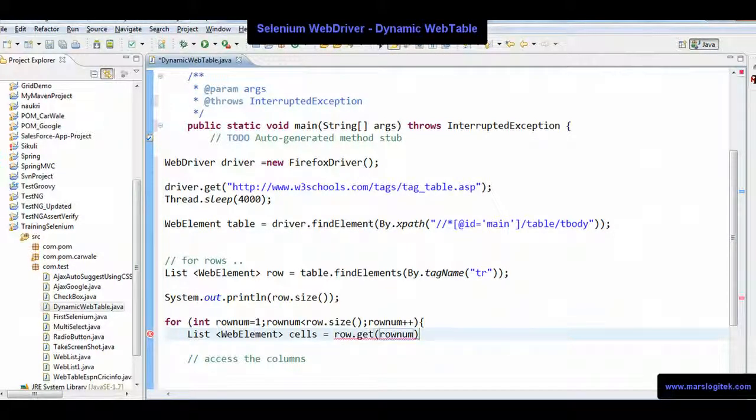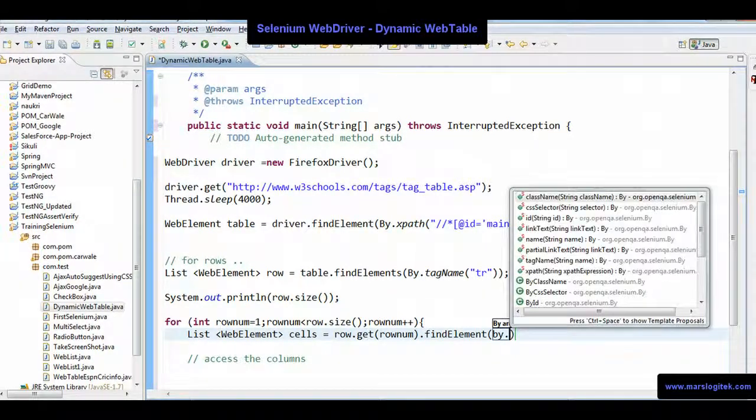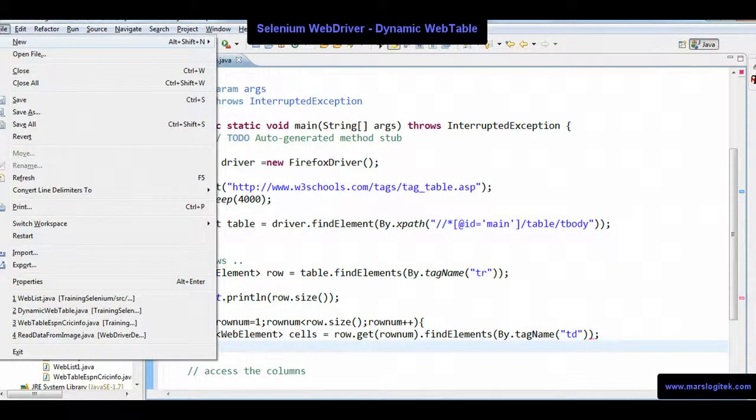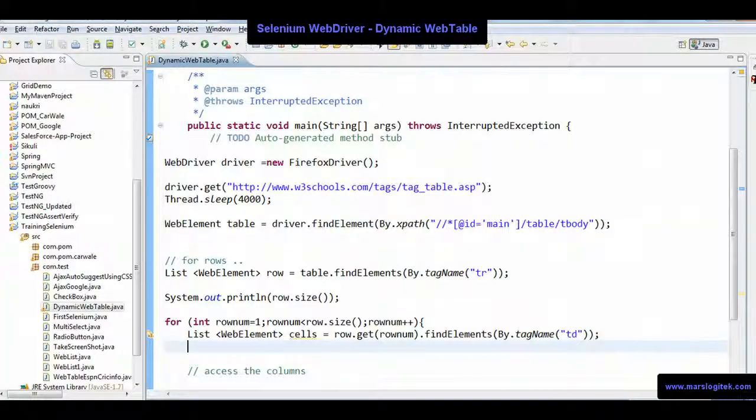And you figure out dot find elements by tag name, what? TD. So what I'm trying to do here is each row I'll go inside and dynamically get the column. So each row I'll read and get the column. How many columns are there? So if you say columns are 3, then automatically each row will try to get the value out of it here. It's called a cell now. Cell 1, cell 2, cell 3. And basically it will be like 1,1, 1,2, 1,3 kind of a combination.